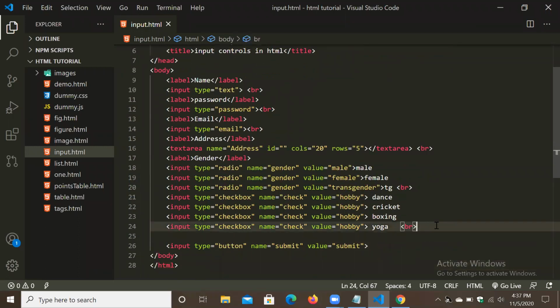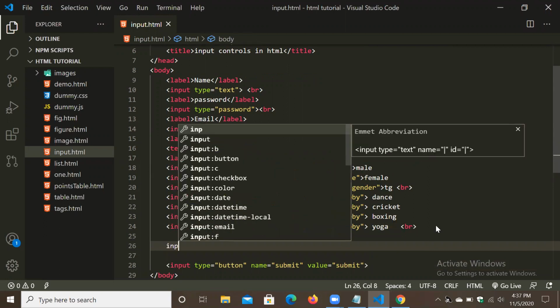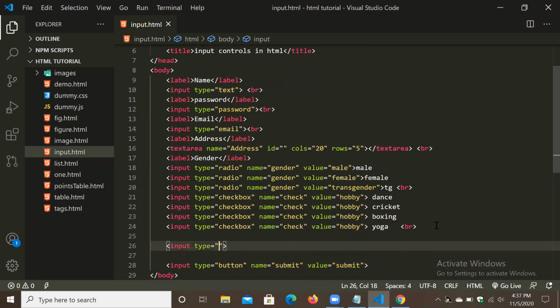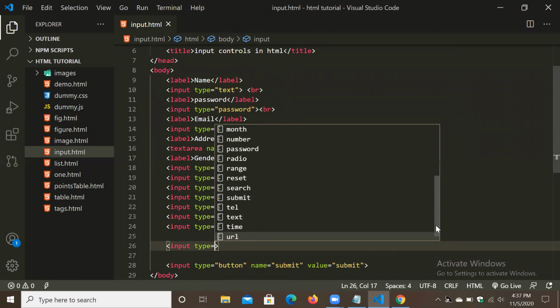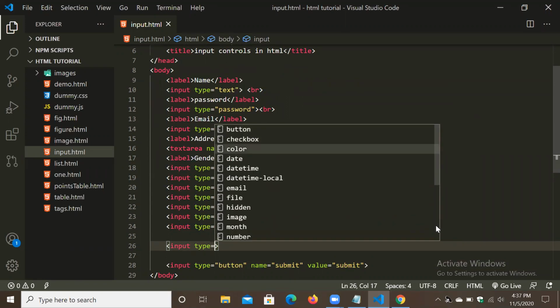Next thing we can add, input types that are remaining, like color, datetime-local, email, file, image, range, telephone number, url. All those input types we can select.